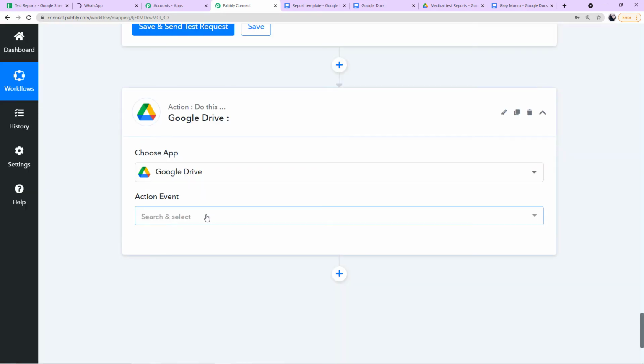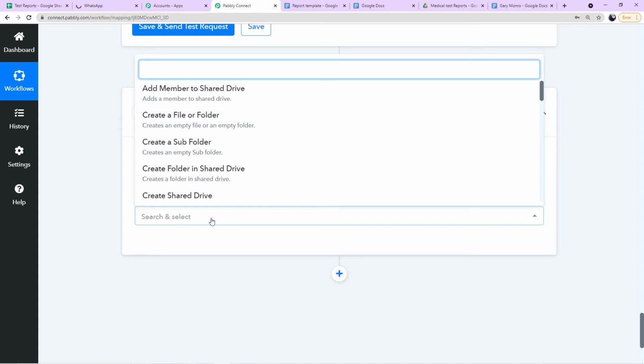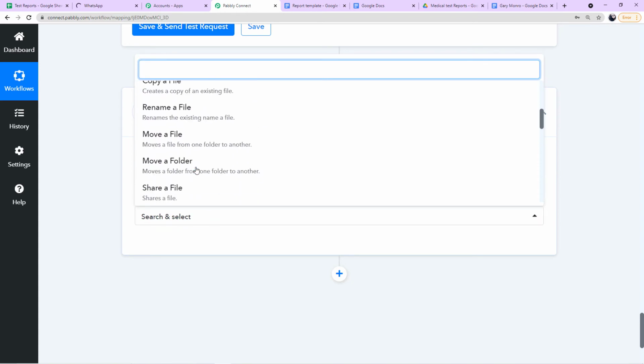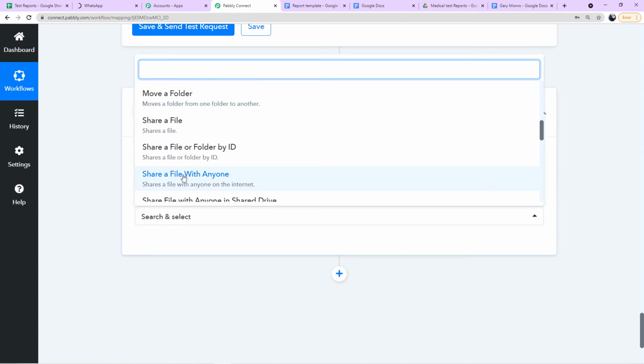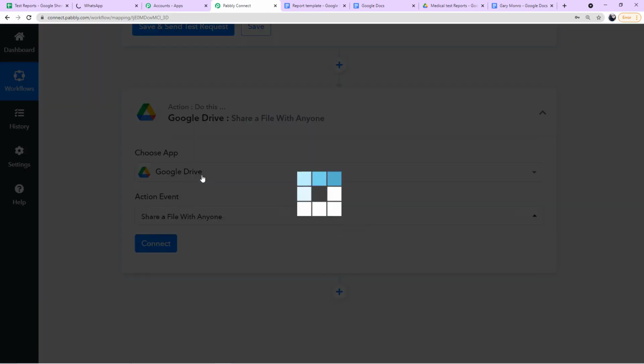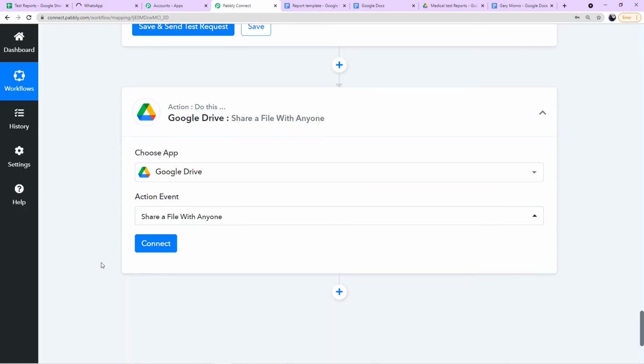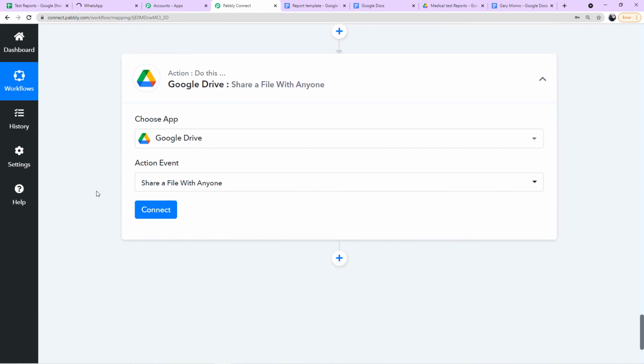Then it will ask for the action event. So from this action event, select this share a file with anyone option. Alright, share a file with anyone. So actually we are giving access to our Google Drive so that anyone can download that report, or the patient can download that report. So now click on connect,